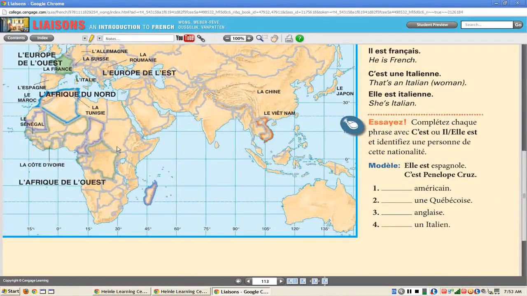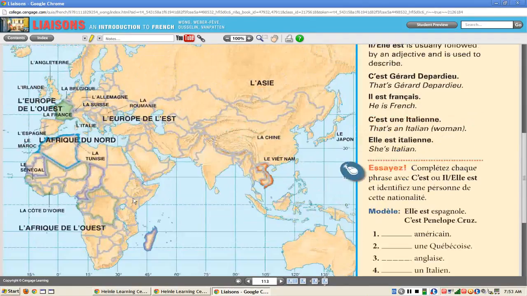I will point out later on a better map of Africa. For now, they've shown you le Sénégal, la Tunisie, le Maroc. In between le Maroc and la Tunisie, you have l'Algérie, you have la Libye, l'Égypte, la Côte d'Ivoire,